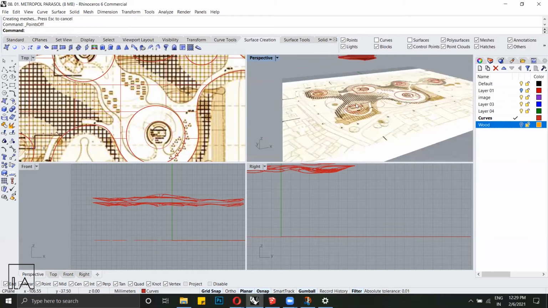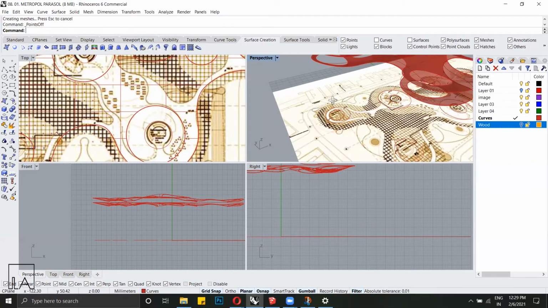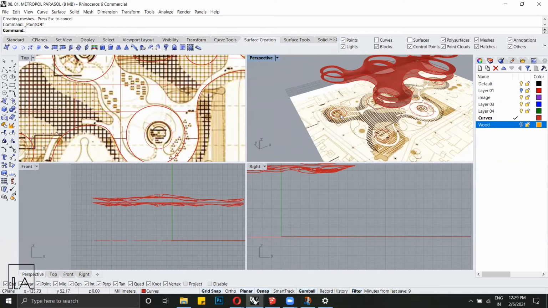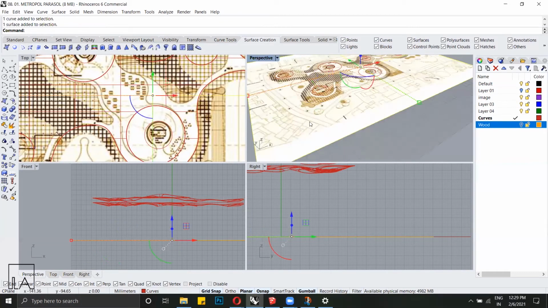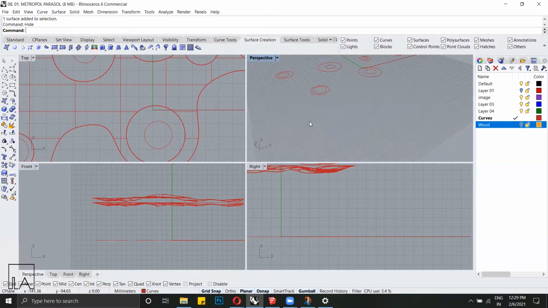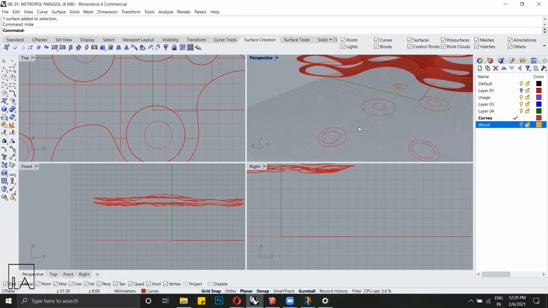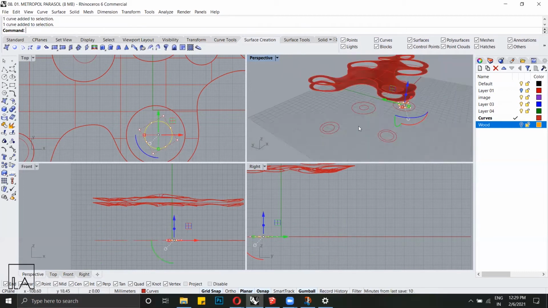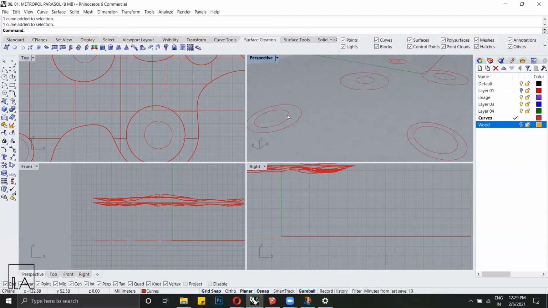So next what I'm gonna do is focus on the columns which are there. For the columns, I've again already created my curves, circular shapes on the plan. So for now, I don't need this. Okay, so now you can see we have the inner curves. So what we're gonna do now is just pretty much extrude them.